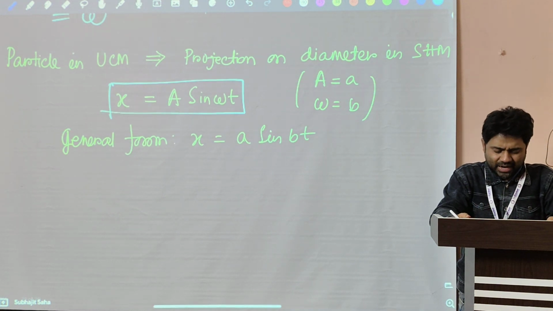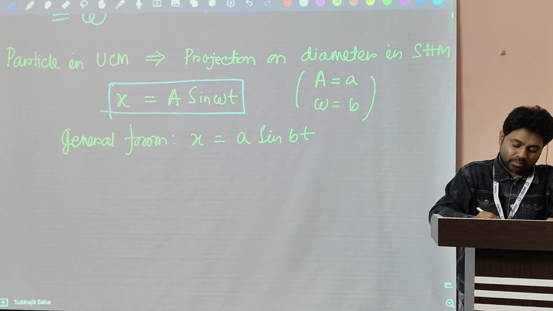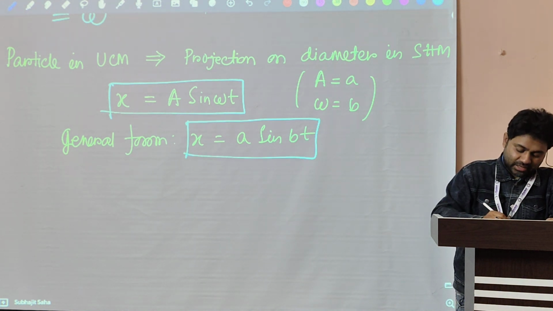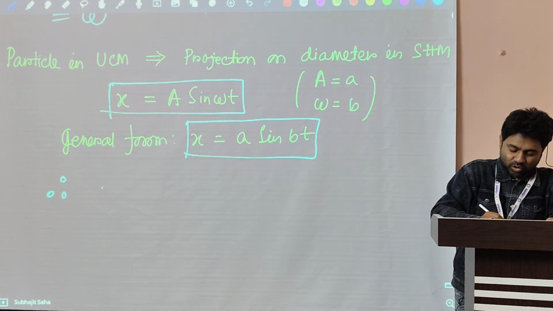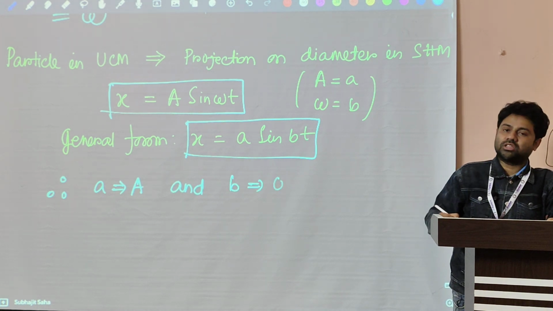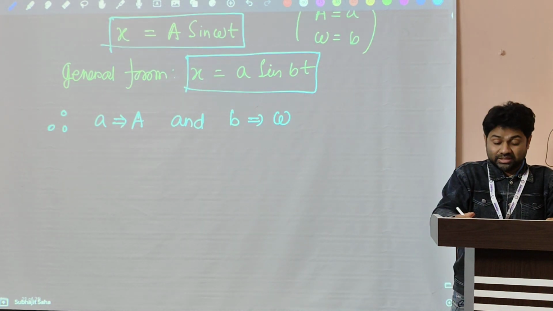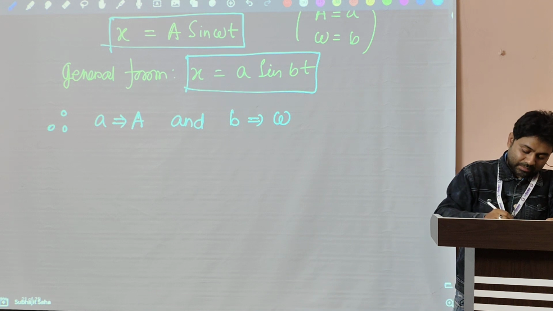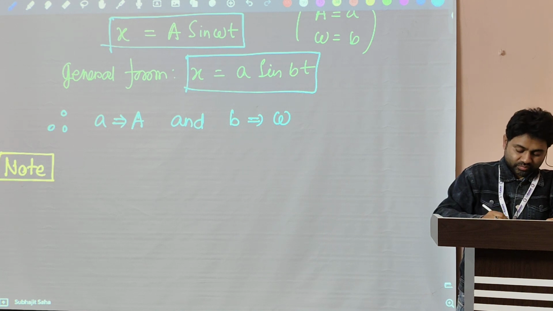UCM থেকে SHM ডিরাইভ করে আমরা ফর্মটা পেলাম x equals to A sin omega t, whereas previously আমরা বলছিলাম x equals to small a sin bt. তাহলে আমাদের ইকুয়েশনে এতক্ষণ যা ডিসকাশন করে এসেছি সেখানে স্মল a এর জায়গাতে ক্যাপিটাল A and স্মল b এর জায়গাতে ক্যাপিটাল ওমেগা সাবস্টিটিউট করে দিতে পারি। করলে তাহলে এখন ইকুয়েশনস গুলো কিরকম দেখতে লাগবে? We will keep them as a note. এতক্ষণ যা ডিসকাশন করেছি সেগুলো সামারি করে নেব, আবার নতুন কিচ্ছু করব না এখন।